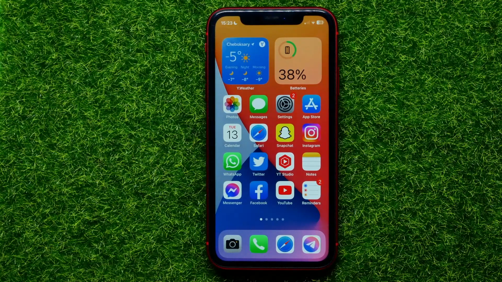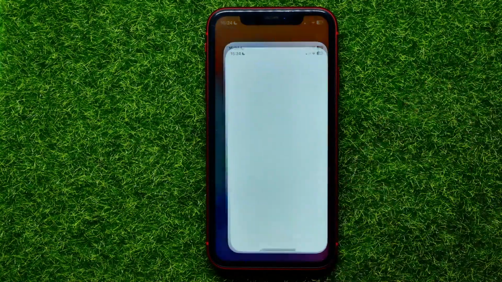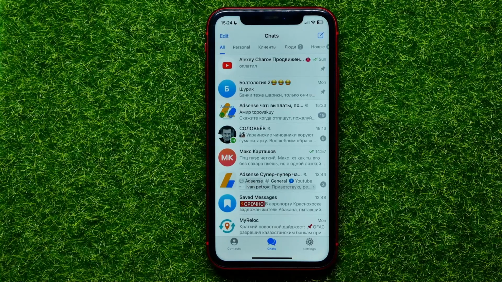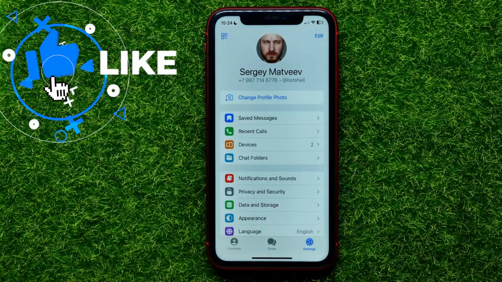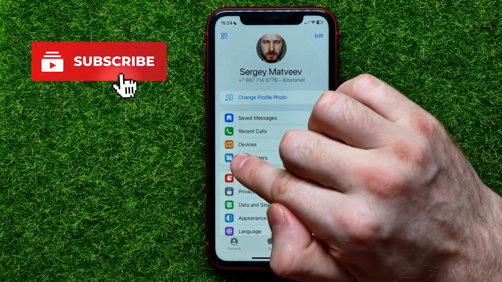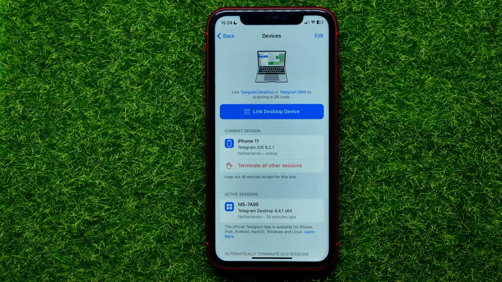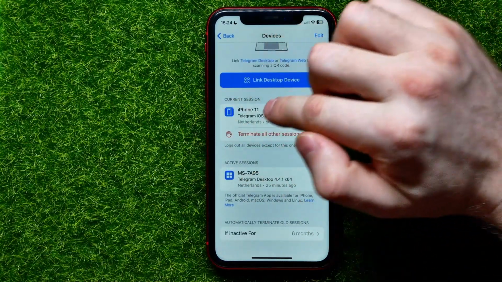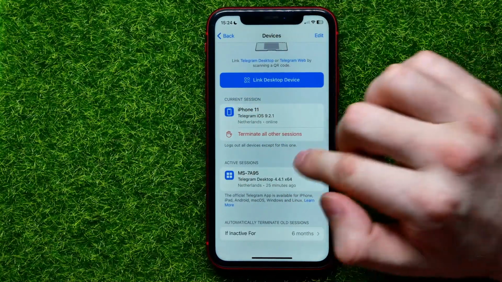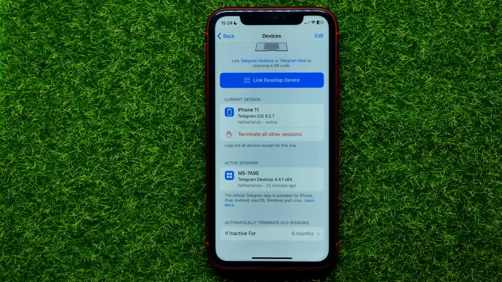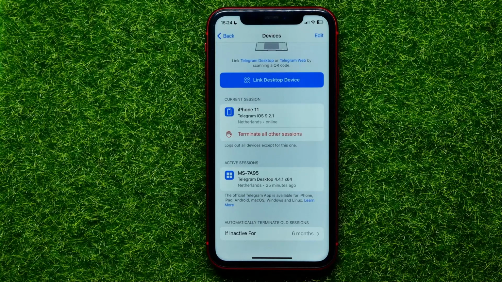So let's begin, and first open up Telegram app. On Telegram, get into Settings, where you can easily find that devices feature. Just get into it, and right here it shows you all your login sessions. That is current one on my iPhone 11, and here is another one that's actually my Telegram desktop app. So maybe you got here more than one active sessions, and if you want to terminate any of them, all